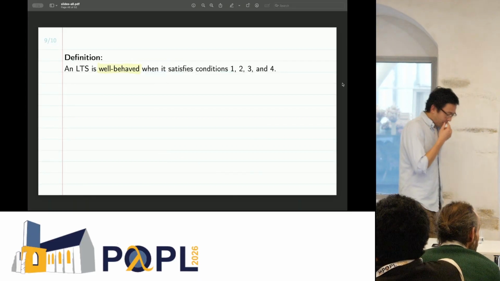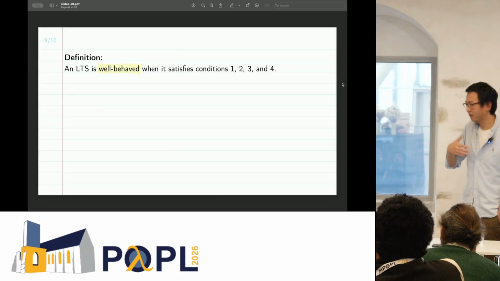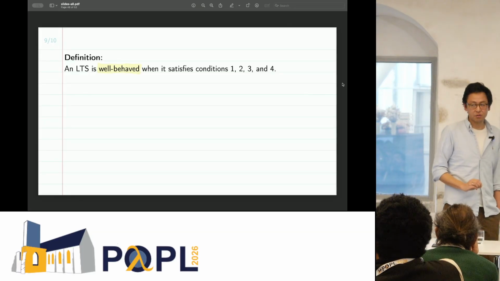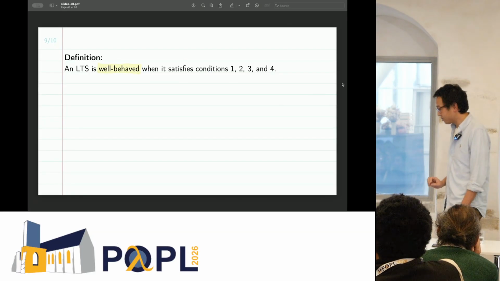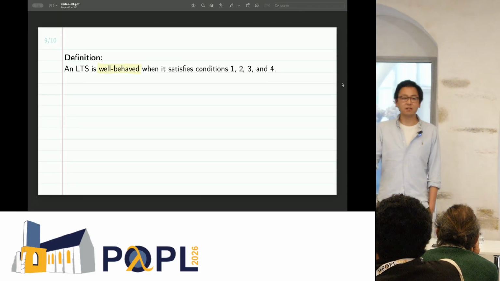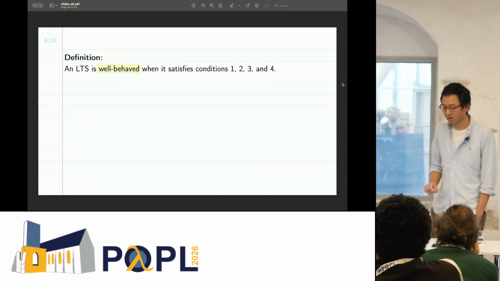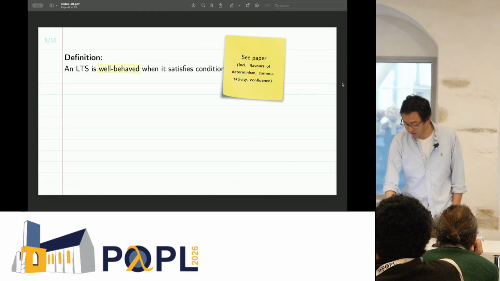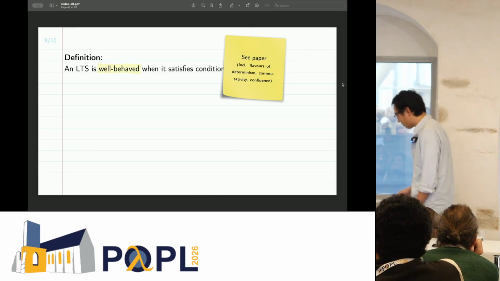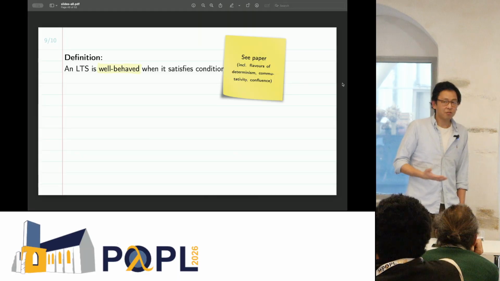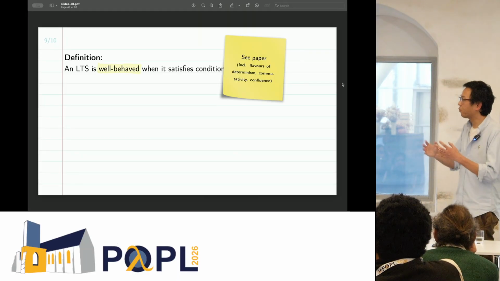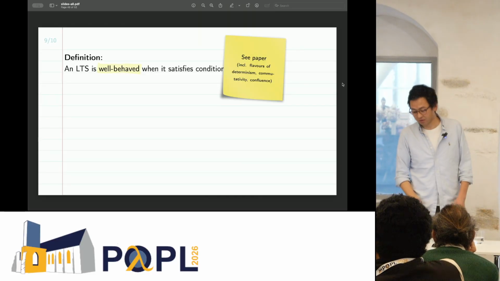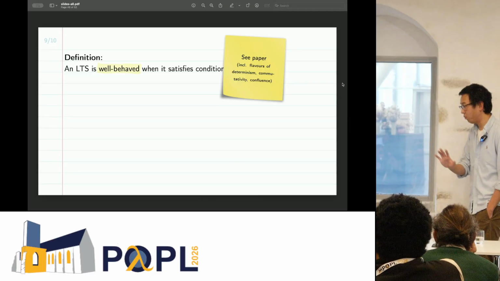So, arbitrary label transition systems, well, the arbitrariness turns out to be a bit difficult because we need to know at least some things about the transition structure. And so we defined a number of sanity conditions that each such an LTS should satisfy, which we call together well-behavedness. Now, I don't want to go into the details of what those conditions exactly are, but you can think of, for instance, that we need some kind of confluence, some kind of determinism, we need them to be finite, those kind of things. Okay, fine. But you can define this well-behavedness.